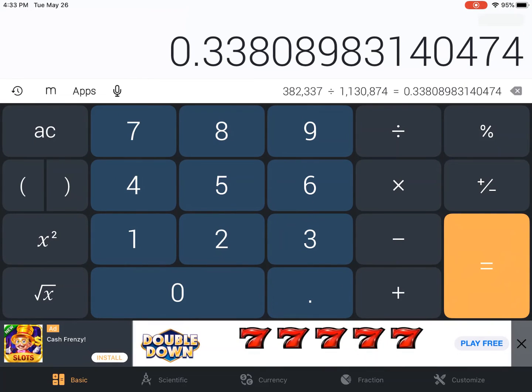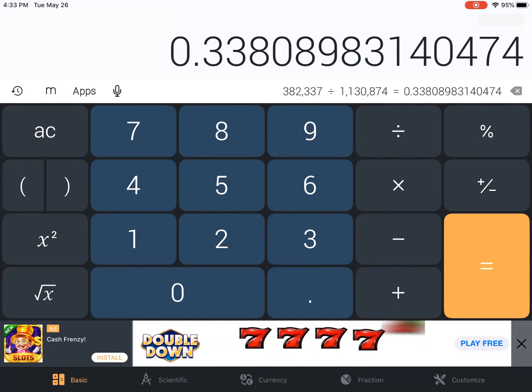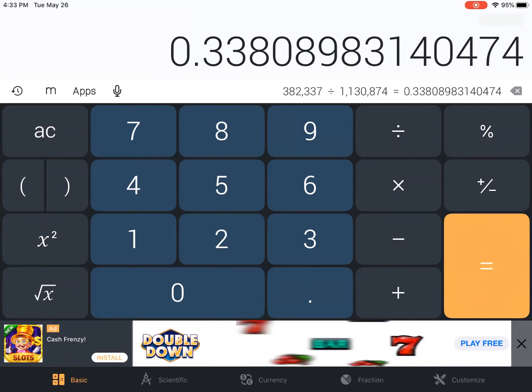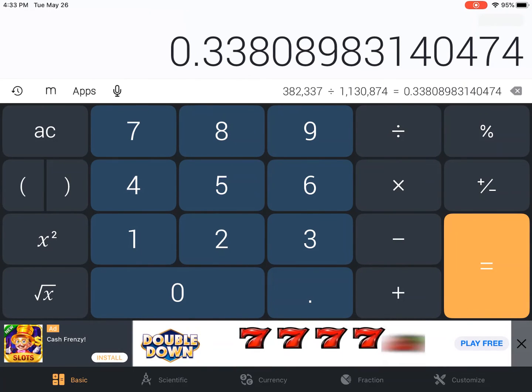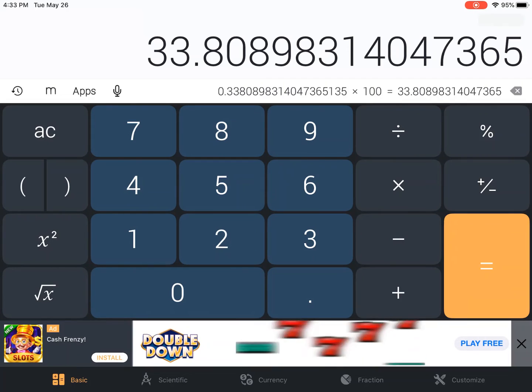Now remember, we want a percentage. If you have to use an index value, then you have to use it in a decimal form. If you want to use a percentage value, you need to translate it into a percentage. To convert this into a percentage, what we're going to do is just multiply it by 100. And now we know our calculation, which is